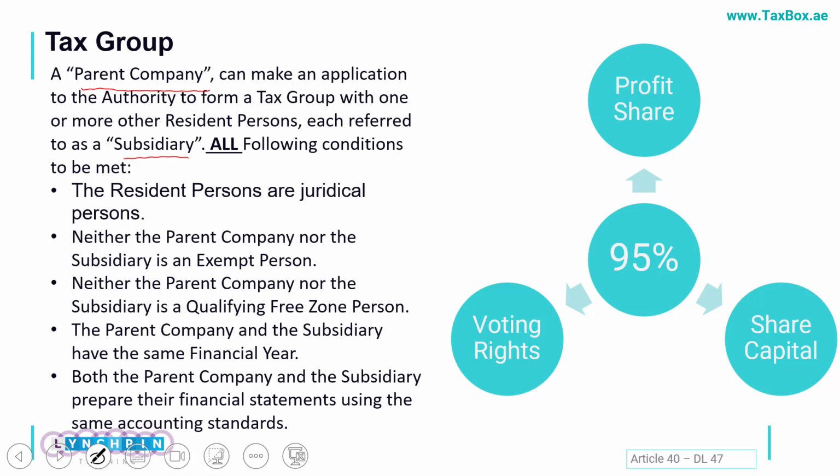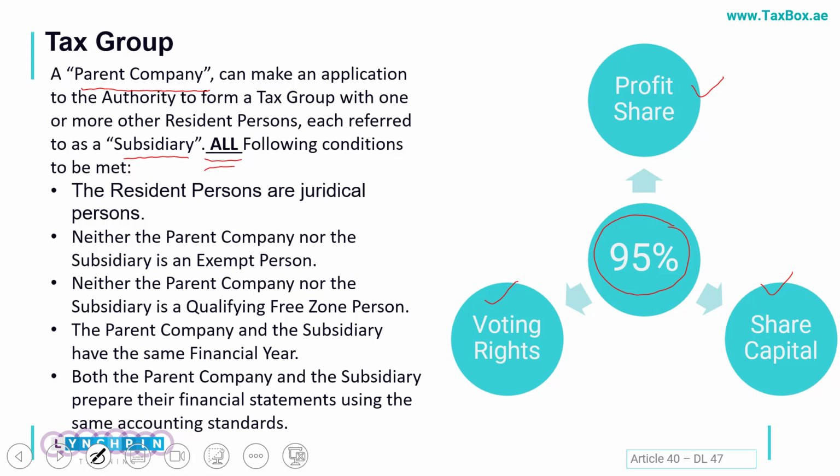relationship. Which means that at least 95% of the shareholding is owned by the parent, whether directly or indirectly. It should have the profit sharing, the voting rights, or the share capital allocation. So once this percentage condition is fulfilled, afterwards we have to fulfill all the following conditions, which I'll be explaining